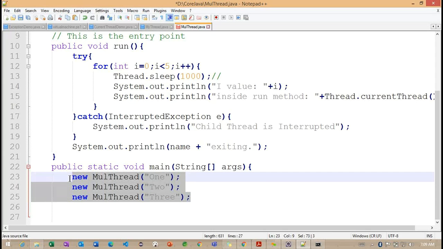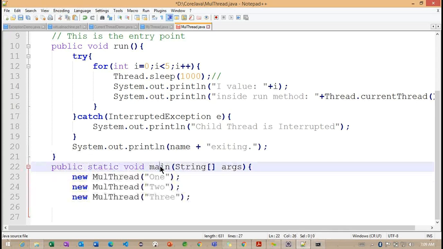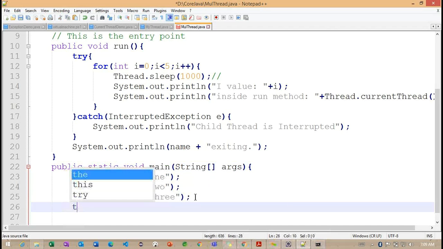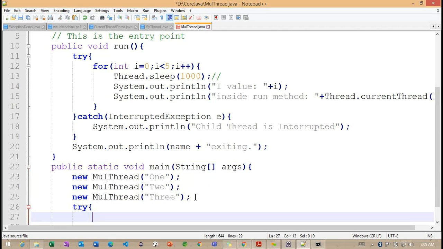So finally we are creating three threads internally, and with the main thread, we are going to have four here.